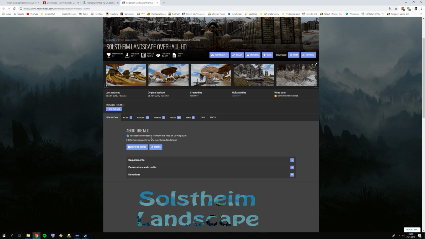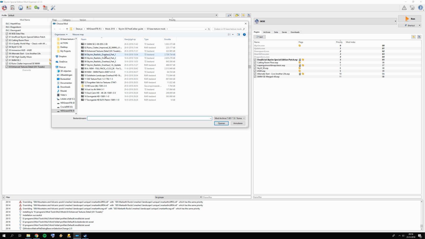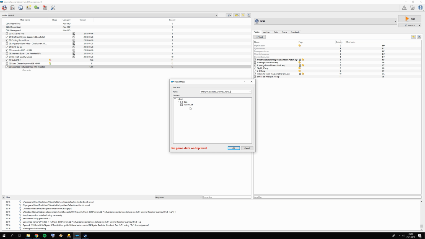Okay, great. Let's activate Enhanced Textures Detail. Then let's add Skyrim Realistic Overhaul. Click Manual. And what you want to do now is right click on Data and set the data directory. Because it can happen that the mod has been packed incorrectly or with another top folder, which Mod Organizer 2 might not recognize. And then just to be sure you want to correct the data directory to be 100% sure